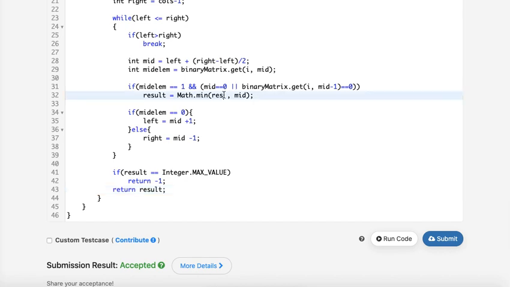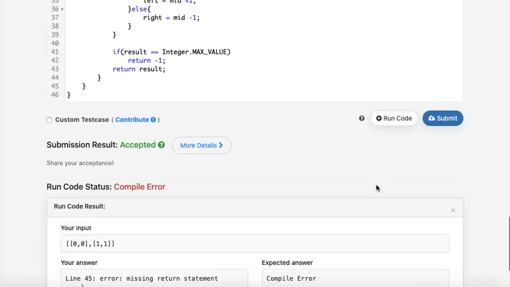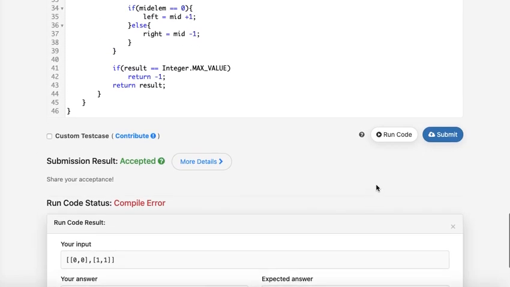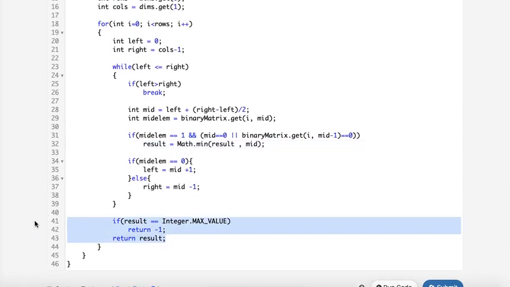Here it should be result, and this should be out of this for loop.